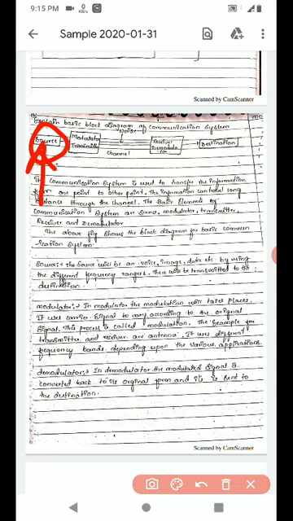Okay, next coming to the modulator and the transmitter. Coming to the first one, modulator. Why do we require the modulator and what is the function of the modulator? We can't send the voice, image or data directly through the channel. We have to convert it to an appropriate form. For that purpose, we are using the modulator. The main function of this modulator is to convert it to an appropriate form so that we can send it through the channel. In other words, the modulator works with two signals.